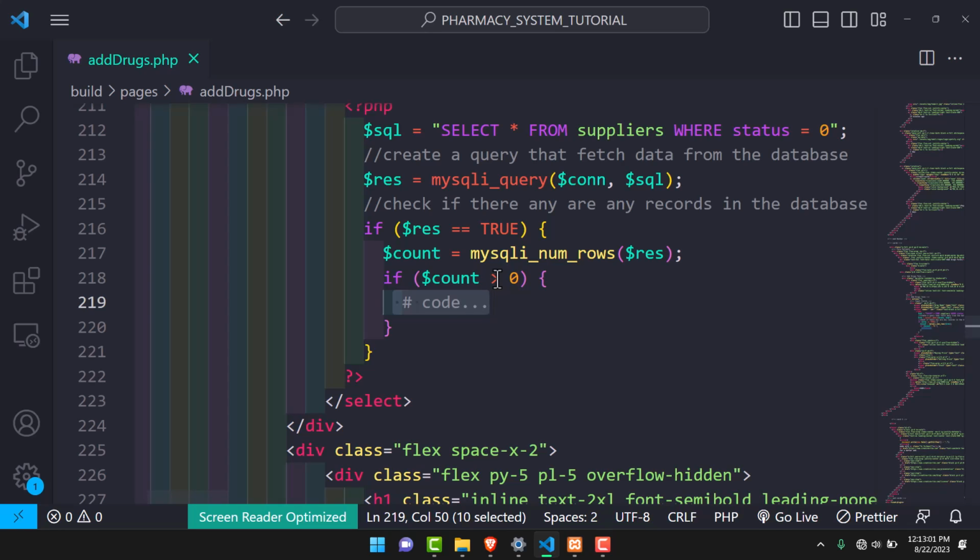So we want now to fetch the records. We're going to use the mysqli_fetch_assoc, and we're going to use a while loop because we want to get all the records. So I'm going to talk about while,